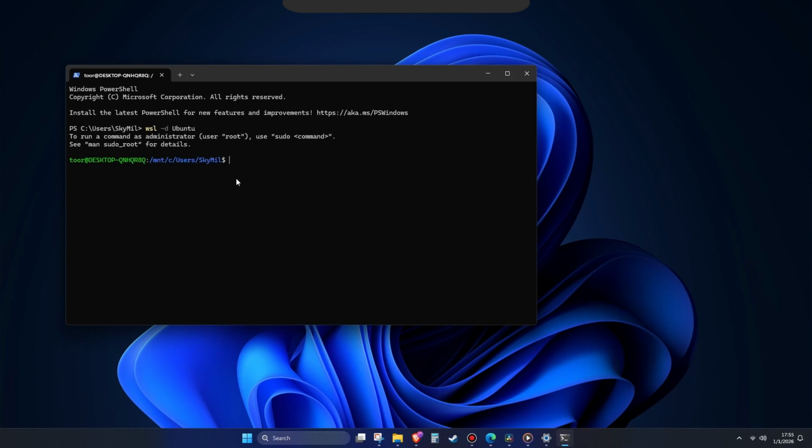And that's it. Those are the two easiest ways to log into Ubuntu WSL on Windows. Both methods work perfectly, so choose whichever one you find more